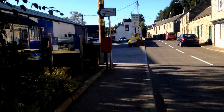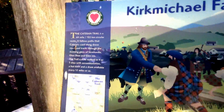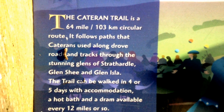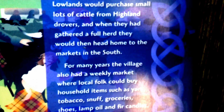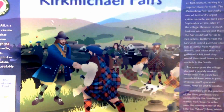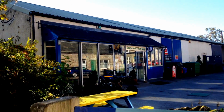we have a Kirkmichael sign which talks about what Kirkmichael used to do back in the day. There we go, have a read of that. Also we've got this little bit here. And then this is obviously an example of what they used to do back when the bin wasn't so big. And over there we have the Kirkmichael shop,